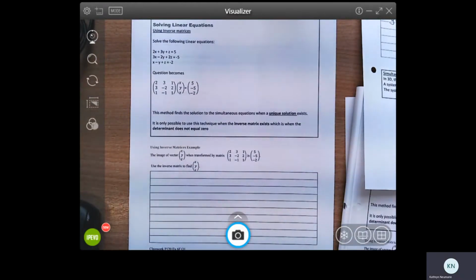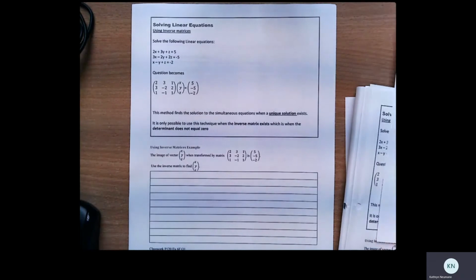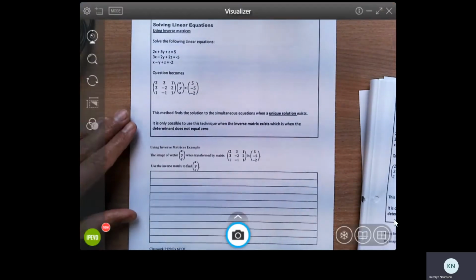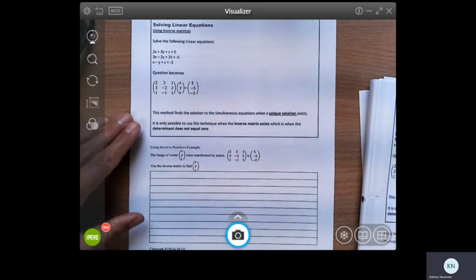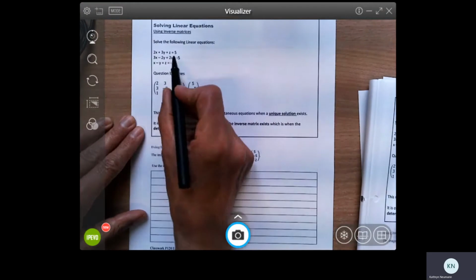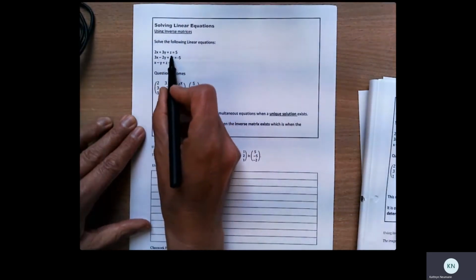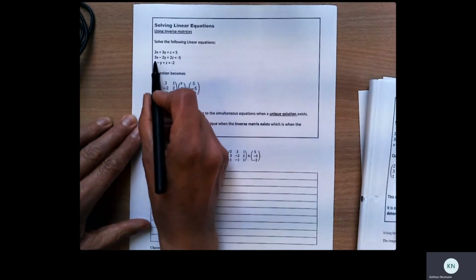Hello and welcome to this Core Pure Maths video on solving linear equations. So we know how to find an inverse of a matrix, and we're going to use that to solve systems of linear equations. If I've got this system of equations here, 2x plus 3y plus z equals 5, and so on,